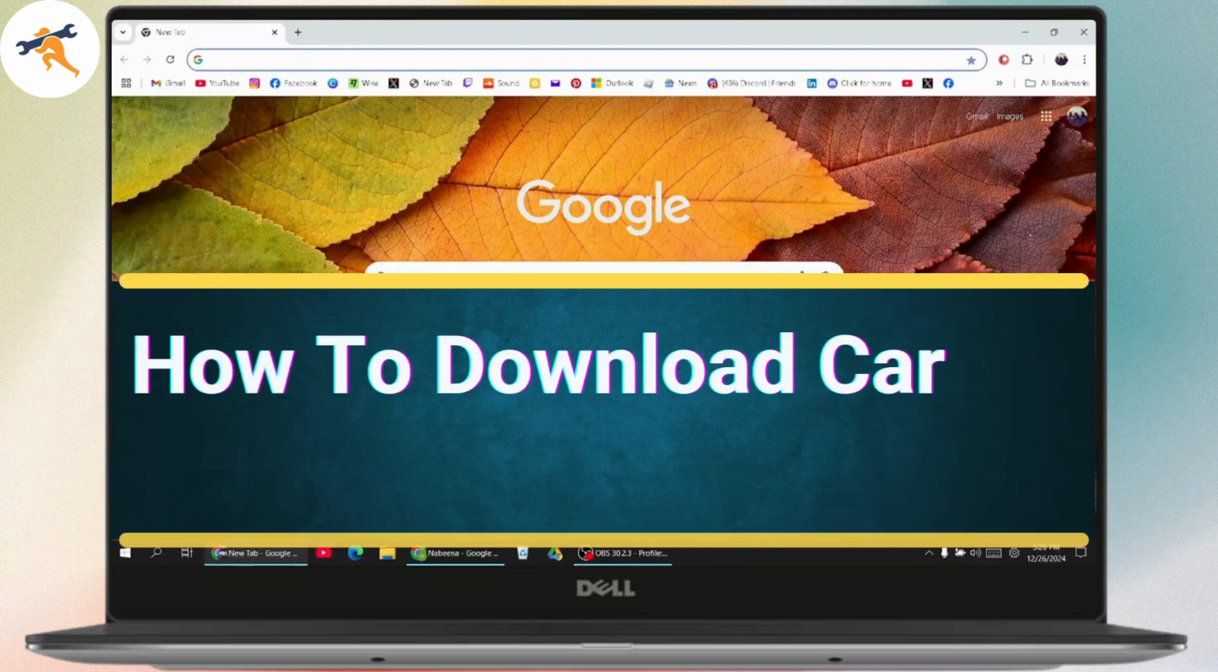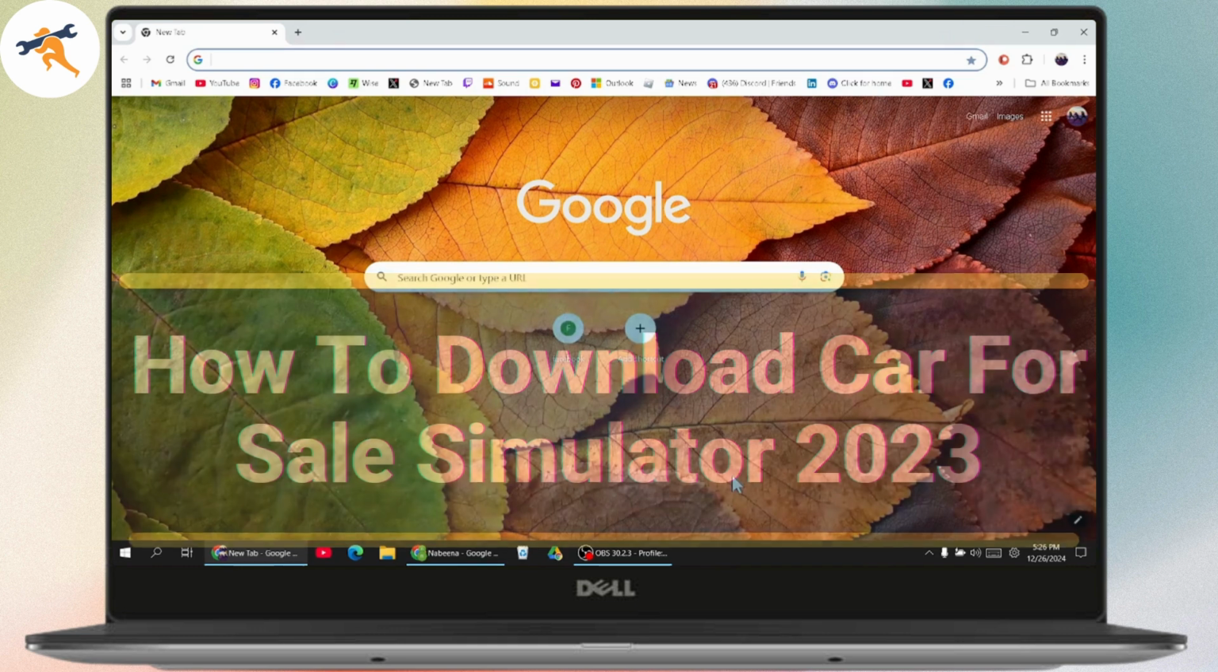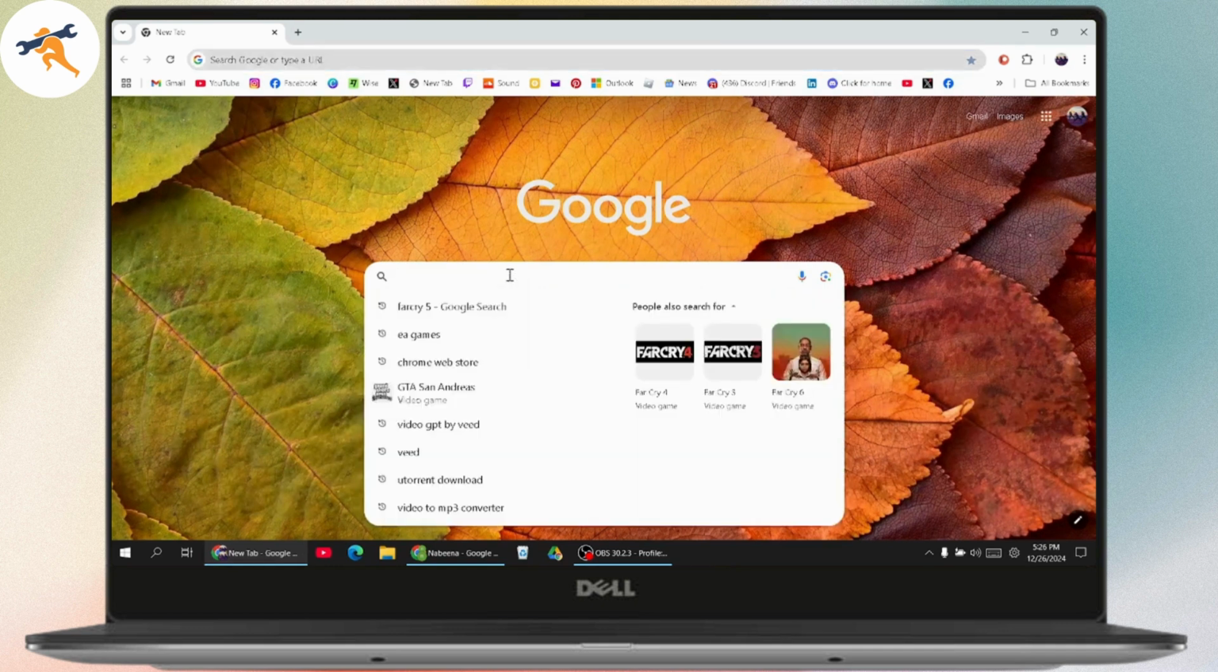How to download Car for Sale Simulator 2023. So if you want to download Car for Sale Simulator on your PC, then what you need to do is first open up your browser. Once you open up your browser, you need to go with search, and under search you need to search for